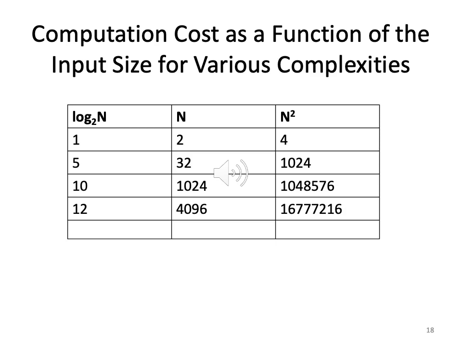So in this way, if you draw the curves, you can see the slopes. The slope for n square would be really high, then n would be a bit less, and log n would be even lower. The point is that log n complexity results in a smaller number of operations. 12 is much smaller than 4096, and a lot smaller than 16777. So with log complexity, you have a smaller number of comparisons, and fewer comparisons means your procedure